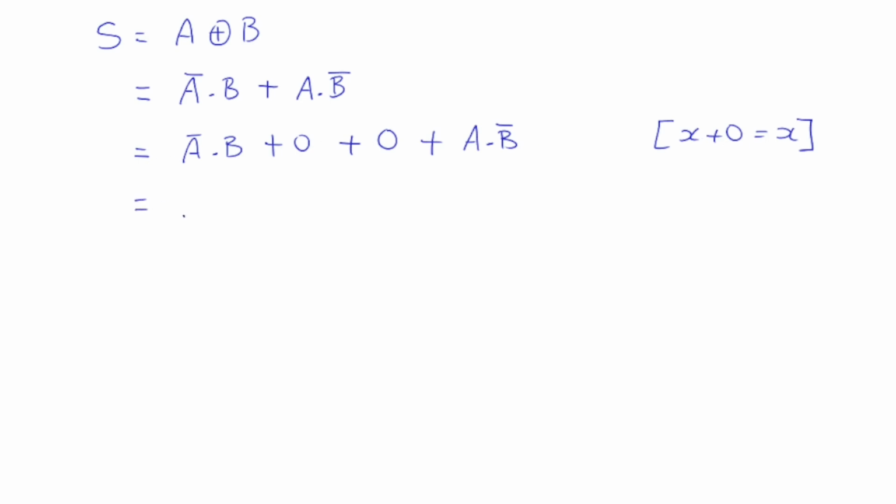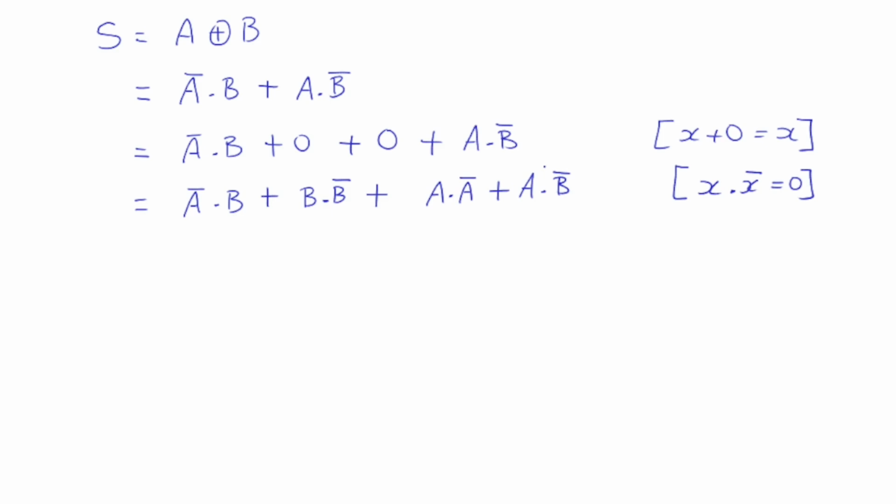Then instead of the 0 over here, we'll substitute B dot B complement. Remember, x dot x complement is equal to 0. So instead of 0, we can substitute B dot B complement. And similarly for the second 0, we'll substitute A dot A complement,